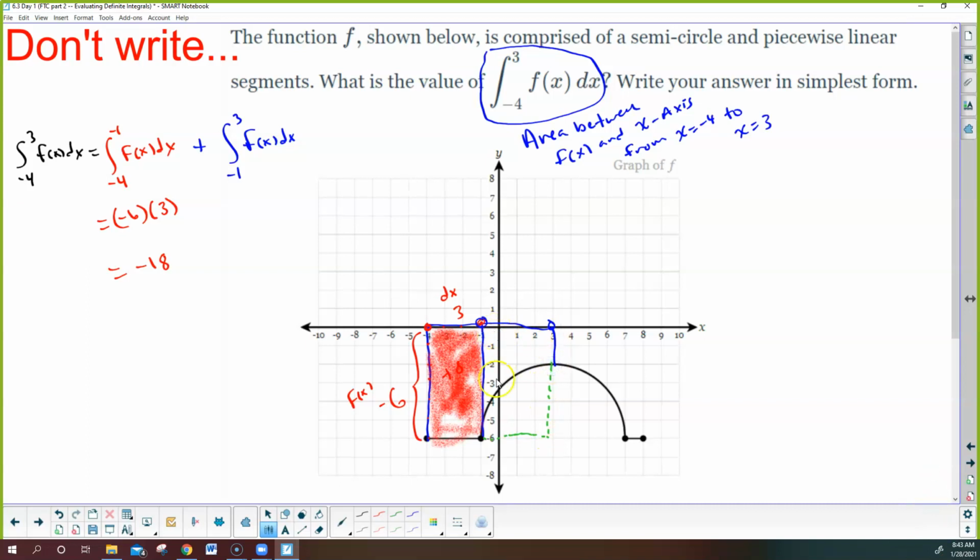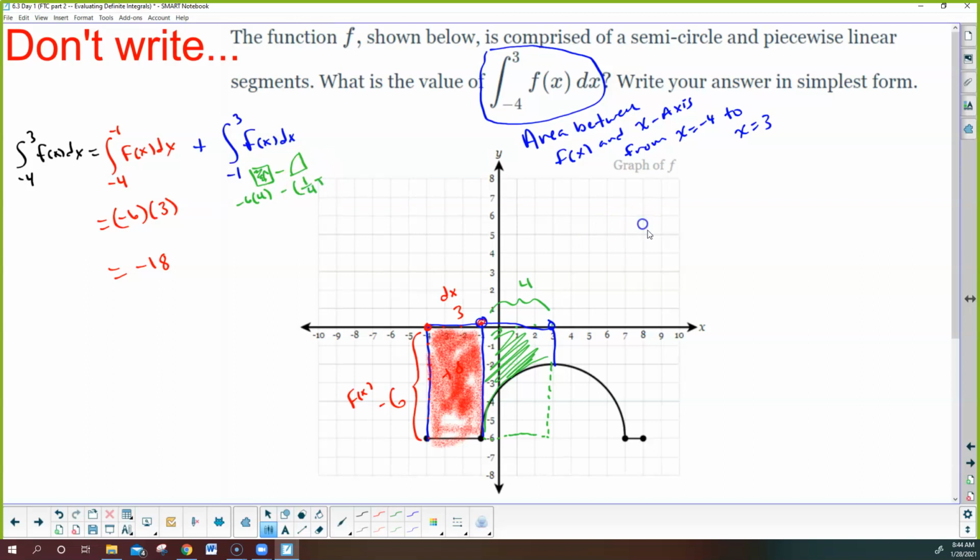Geometrically speaking, the area of this part is actually the rectangle minus 1/4. Ooh, then that's a quarter circle, right? Because if I took the area under this curve right here, I'm basically subtracting 1/4 of this circle. So I'm going to take the fact that this is a 1, 2, 3, 4 rectangle. We already know the height is -6. So the area of this rectangle, if it was completely shaded in, would be -6 times 4. And then I'm going to subtract